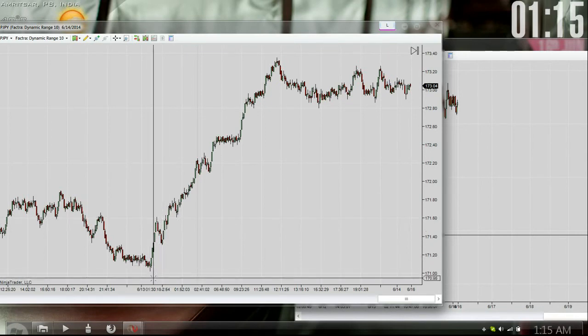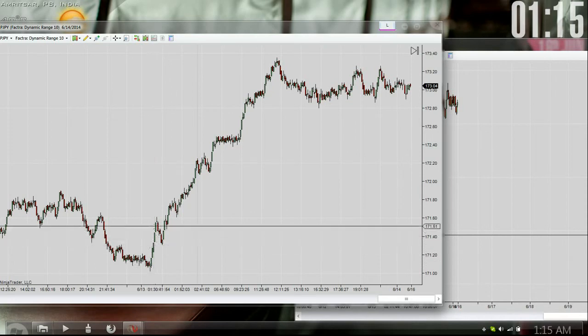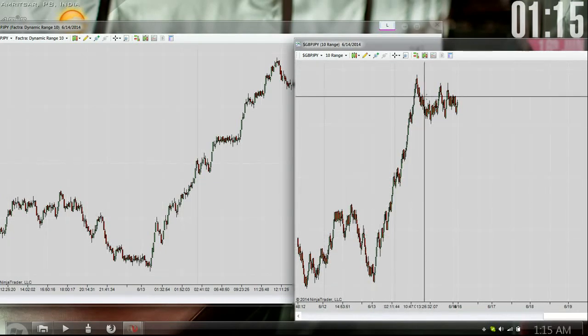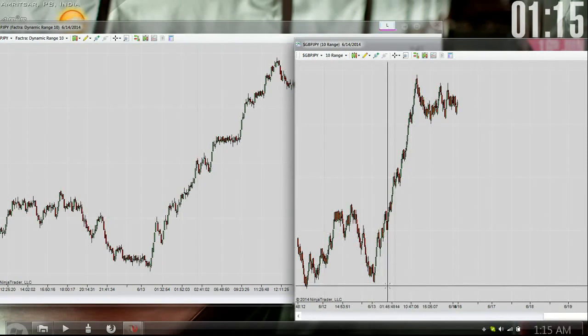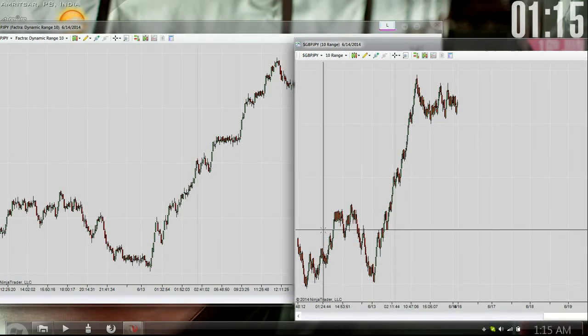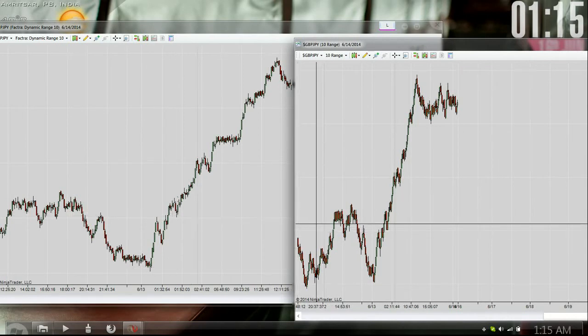In between this low and high, there are 7 bars. And over here there are also 7 bars. On a normal 10 range chart, there are also 7 bars between this low and intermediate high over here. But look at this place, right? We have 4 bars. This means